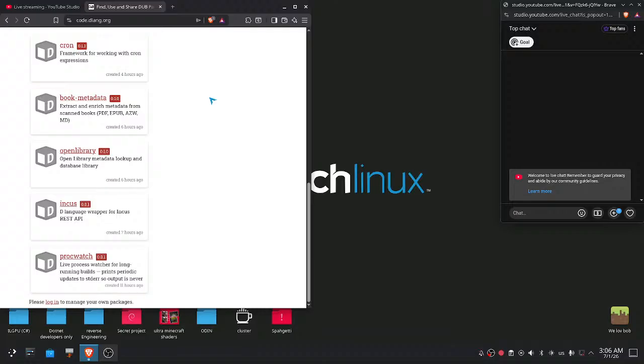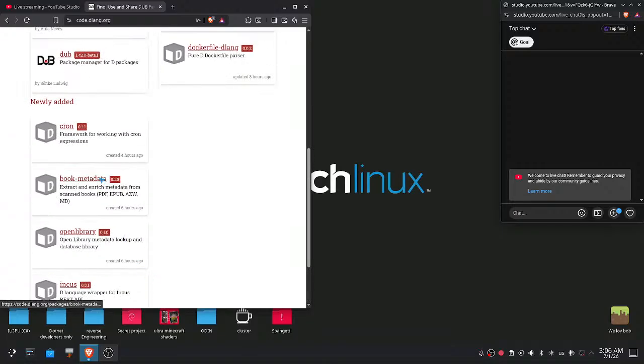Procwatch. Running live process watcher for long-running builds. Oh, okay. Book metadata. Extract and enrich metadata from scanned books, PDF, EPUB. That's actually really interesting,